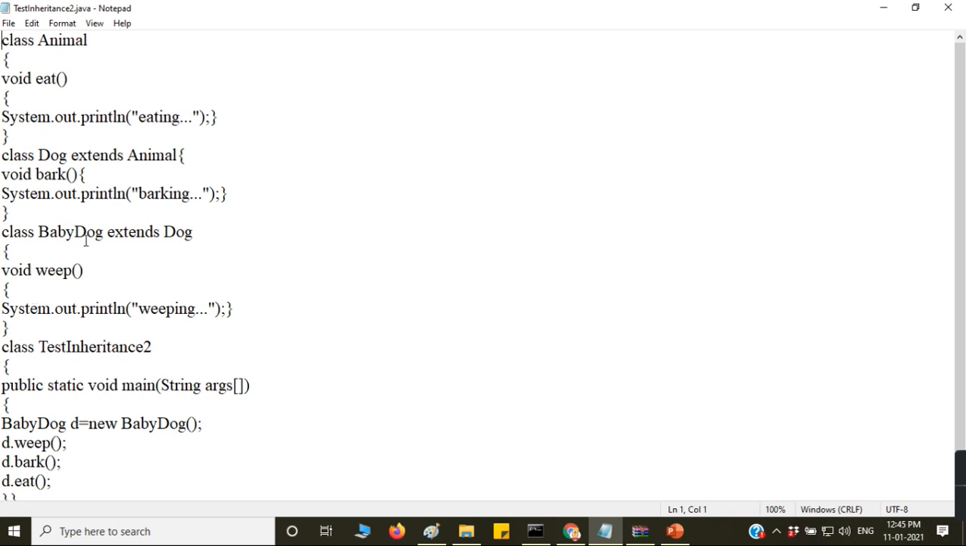Which object are you supposed to create? BabyDog, because it is the subclass of all the classes. It inherits the methods present in the above classes, and also the Animal class. That's why you create the object of BabyDog and call weep first. That's why it prints weeping, barking, and then eating. Is it clear? So next we'll see